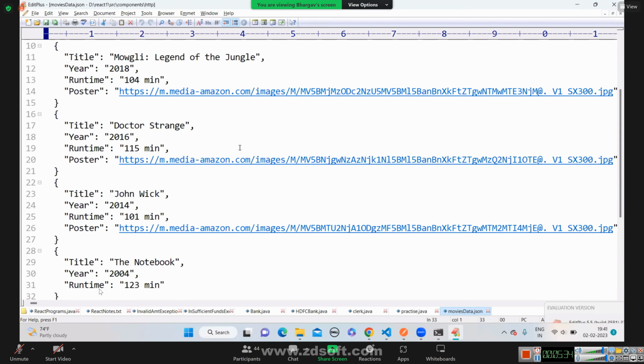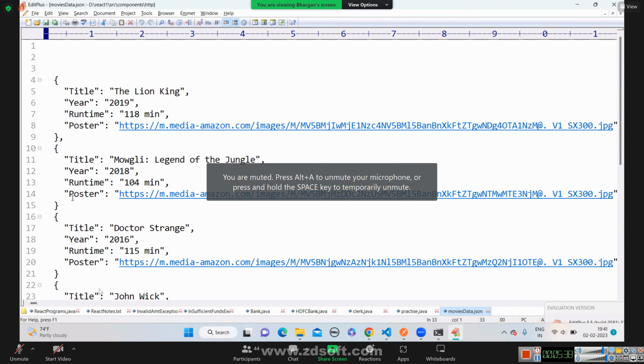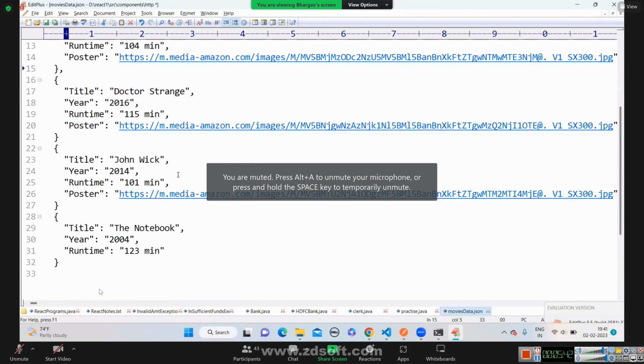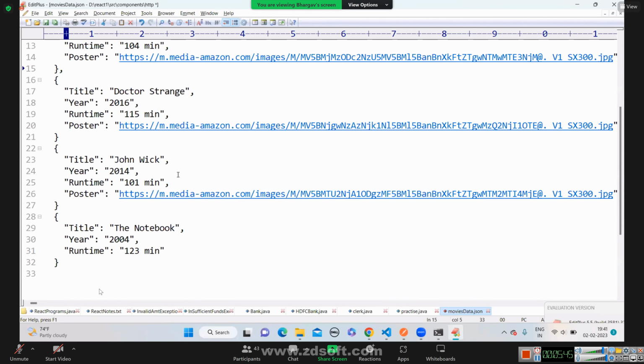Bhargav, put the commas in the JSON data. Okay. You should go to Google and ask how to use JSON server.